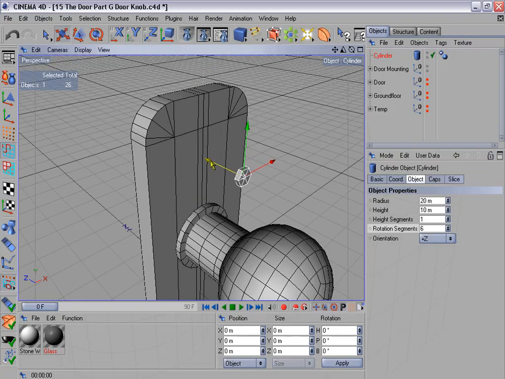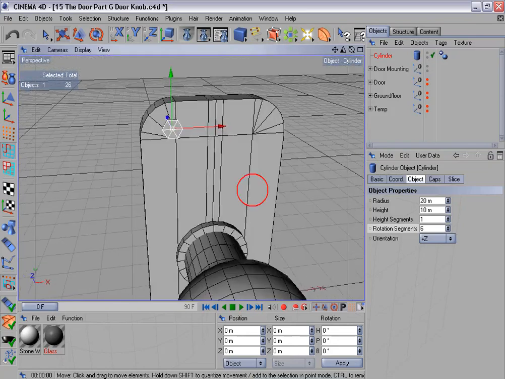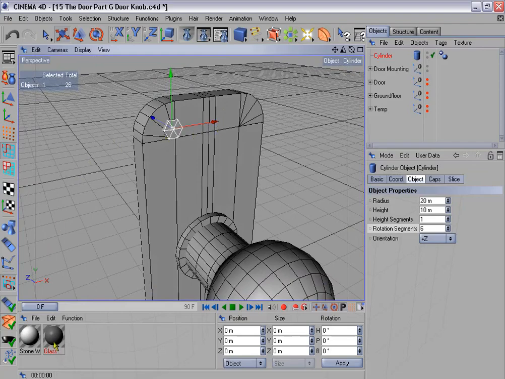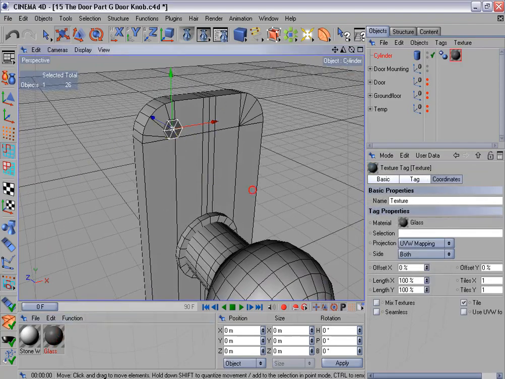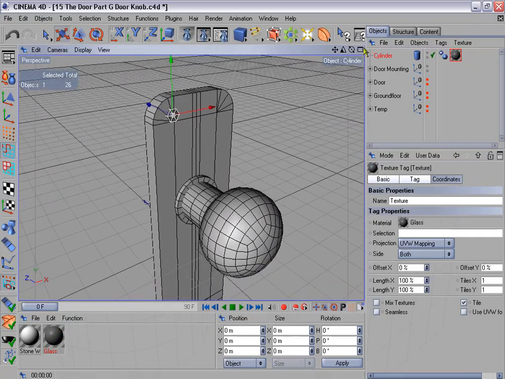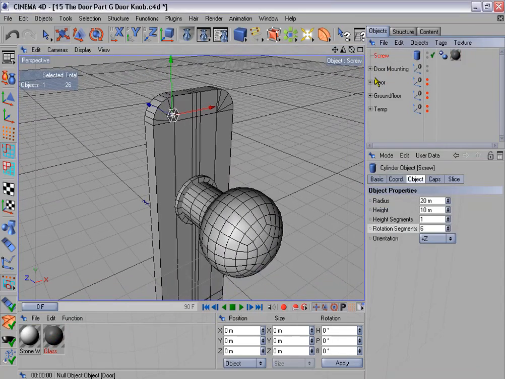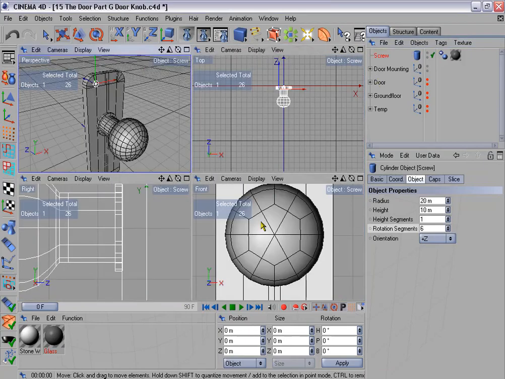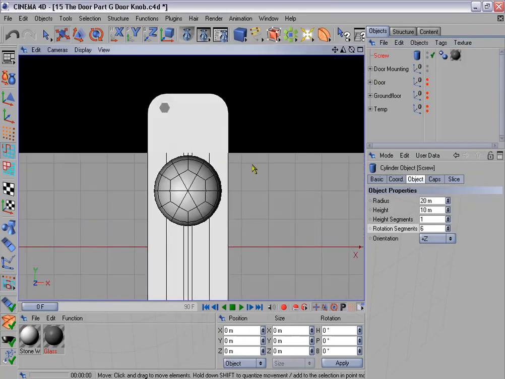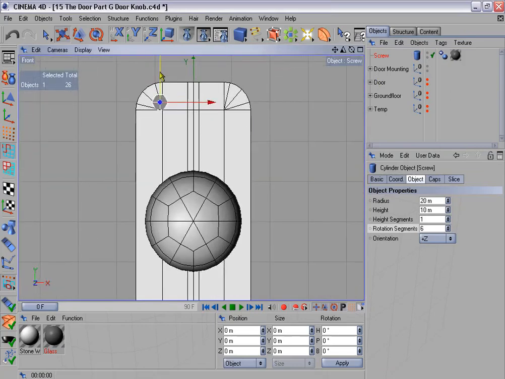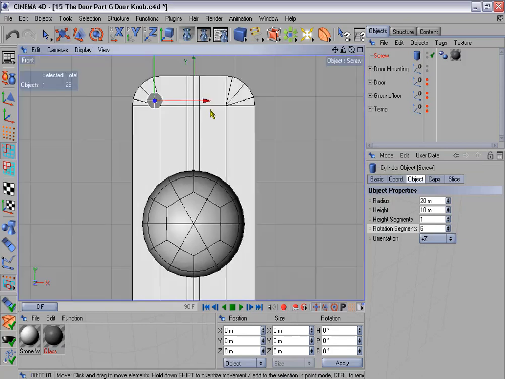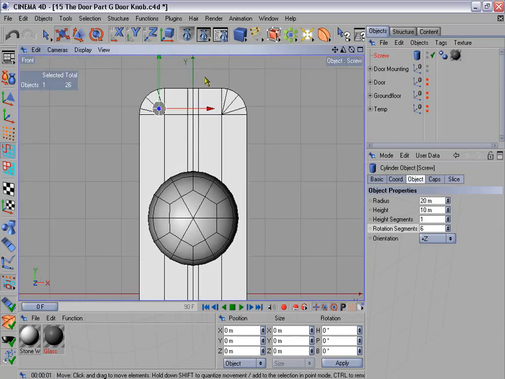Okay, now let's move this back to here and to here. And maybe just for now I'm going to apply this glass material to this screw. Let's rename this to screw. Okay, go to the front view, and let's see, I think I want to bring this a bit down and over to here, and maybe a bit up again. Okay,